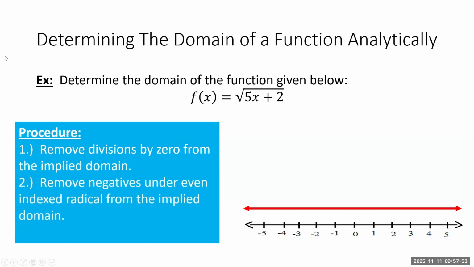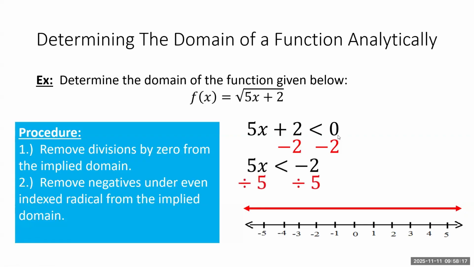Next, in procedure step 2, we remove negatives under even indexed radicals from the implied domain. Well, in order to do that, I need to find where those are. So I have the inequality 5x plus 2 is less than 0 because I want to find out where these values are negative. I'm going to subtract 2 from both sides of this inequality, so I get 5x is less than negative 2. And now I divide both sides of this inequality by 5, so I get x is less